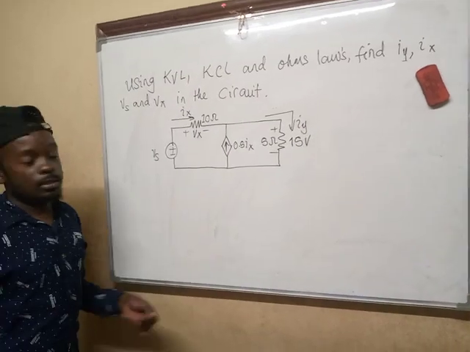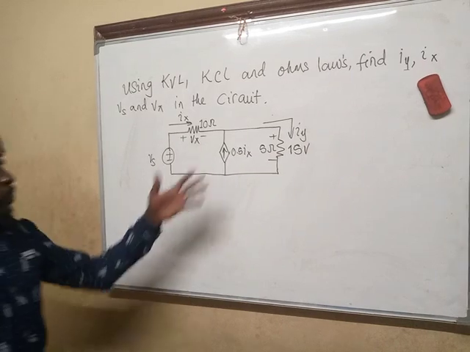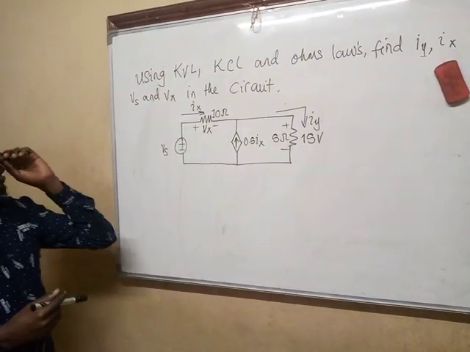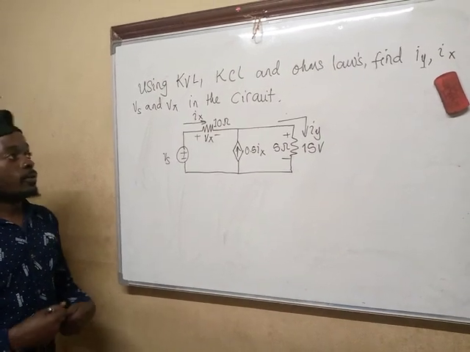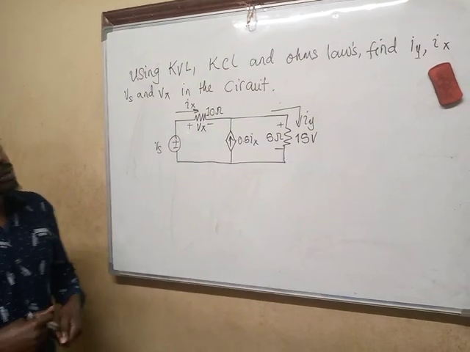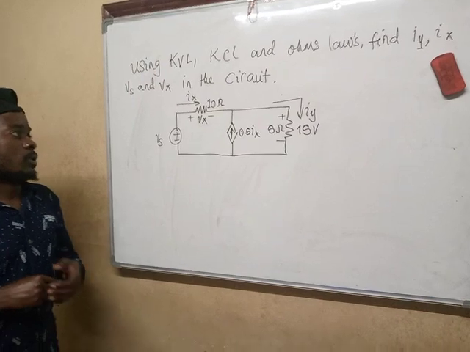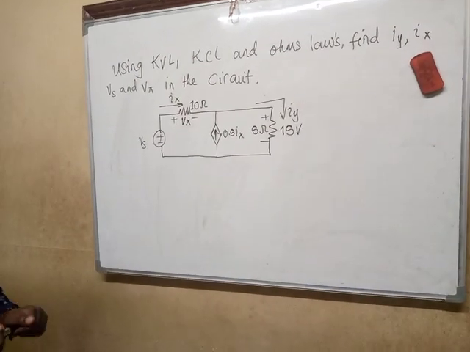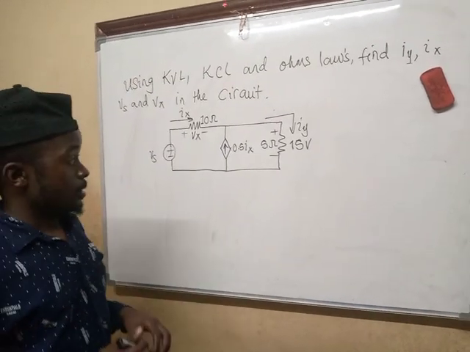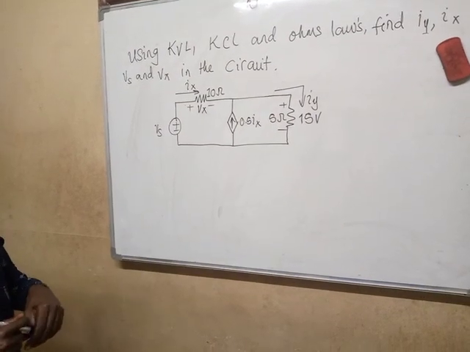We are still discussing KVL, KCL, and Ohm's law. Here is the question on the board. The question needs using KVL, KCL, and Ohm's law, find I1, Ix, Vs, and Vx in the circuit. To start with, we need to recall that